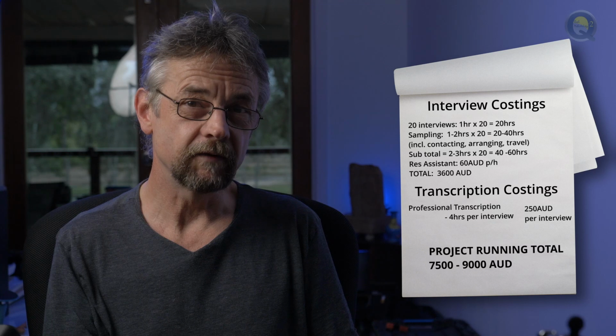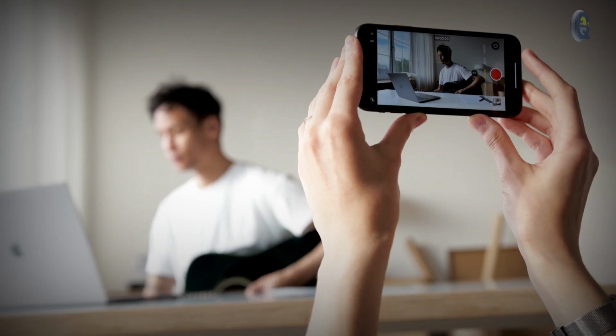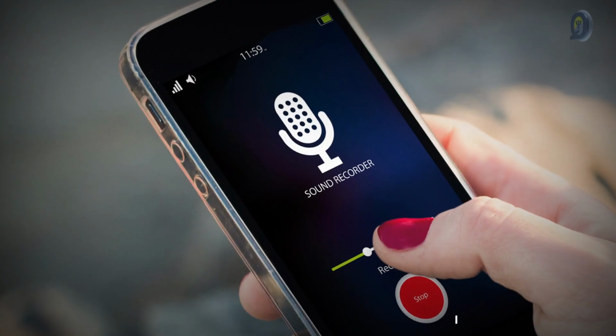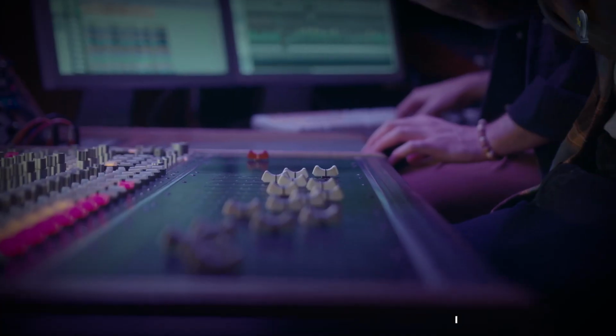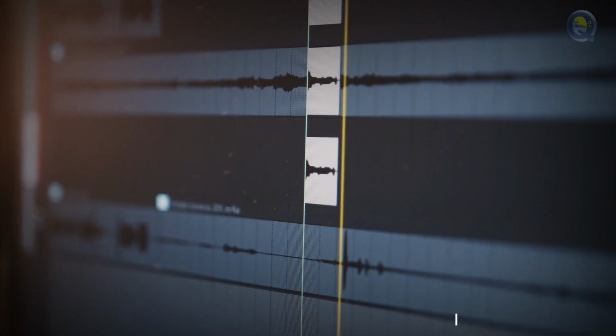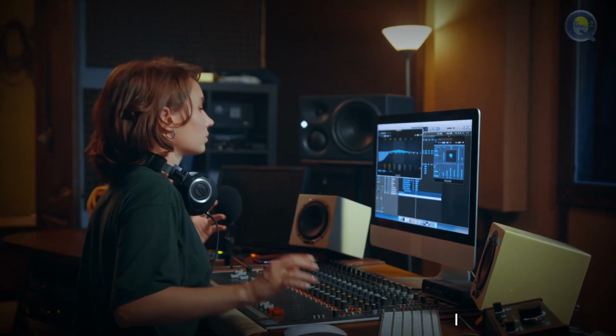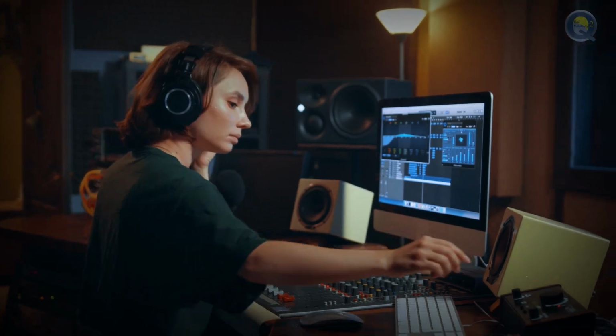More often than not, the recording will be poor. And that's because the person doing the interviewing is typically the person who does the recording, and usually they have had absolutely no training in how to record audio other than just pressing the record button on whatever machine they're using. But sound recording is actually really difficult. It's really difficult to record sound well, particularly dialogue. And that's why we have a profession called sound engineer. It's actually quite a skill. So when you have someone who's not skilled at recording audio, you usually get fairly poor audio. And when you get poor quality audio, that increases the cost of transcription.